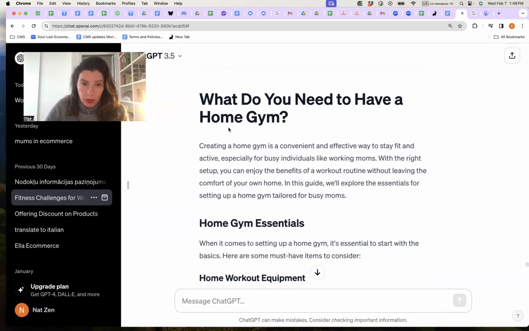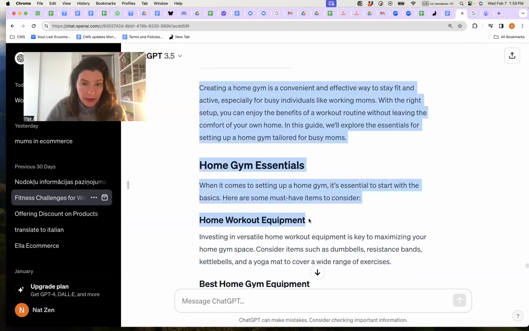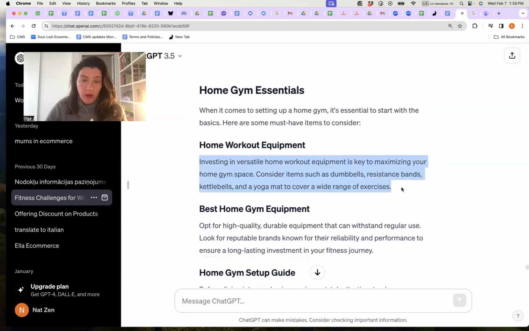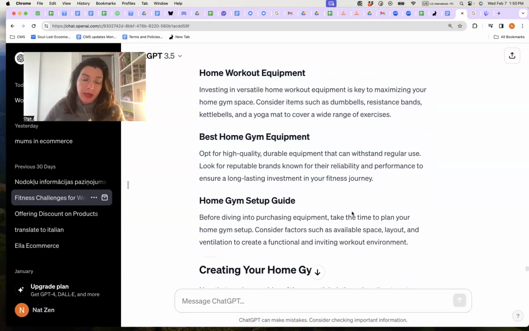What do you need to have a home gym? You know, it has the introduction, it has home gym essentials. It is essential to start with. This one is H1, and this one is probably H2 heading because it's smaller. Home workout equipment. This is where you can actually weave in your top 3 products on home workout. You know, best home gym equipment, home gym setup guide. This is where you can add maybe your free guide and ask them to subscribe to your email